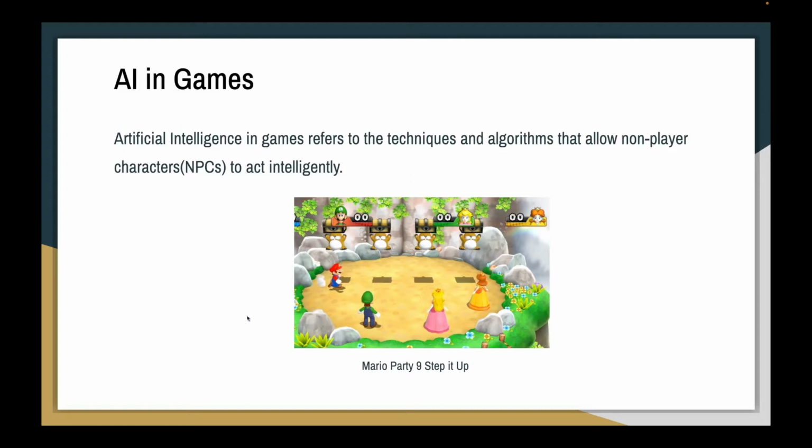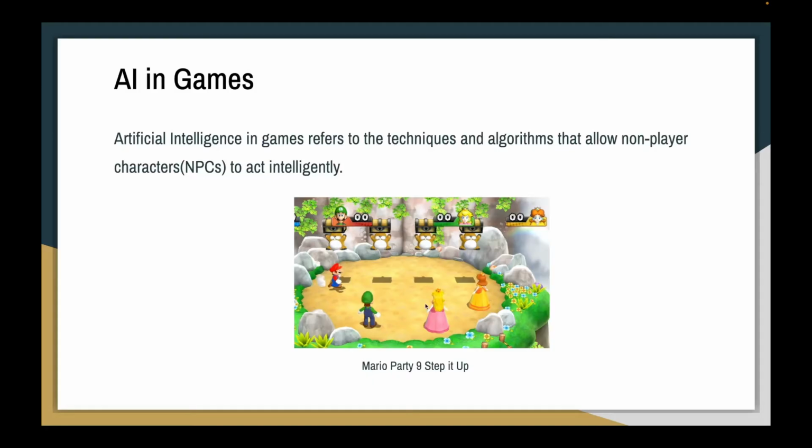In this picture, if you play Mario, all other three characters are NPCs. When you play against a computer in chess, you control your own pieces like your bishop, your queen, making decisions about your moves. But the computer or the AI controls the other side and moves against you. So here the AI acts like a non-player character, deciding its moves based on the chess strategies and rules.